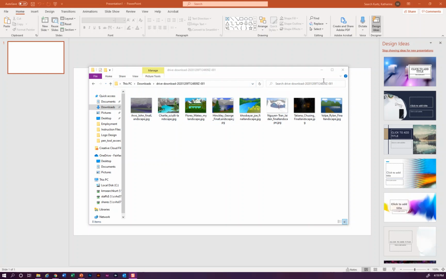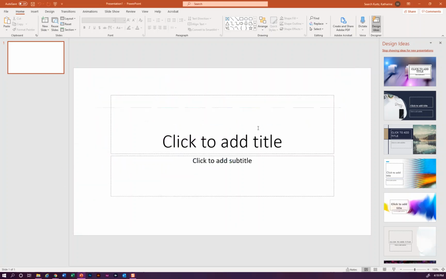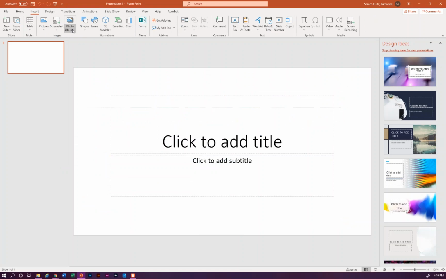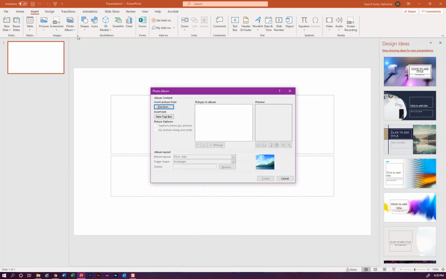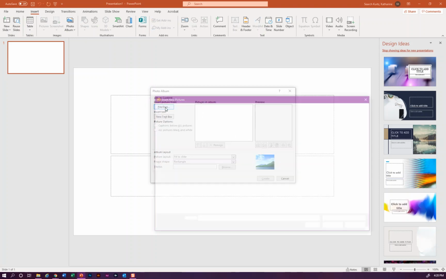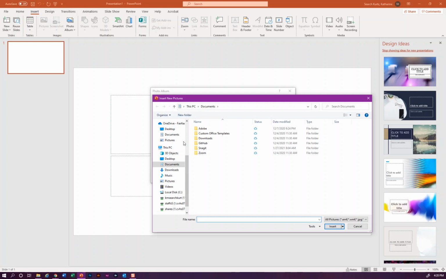this would be one set of artwork, and I would have another set of artwork in another folder. The next thing that you would need to do is open up PowerPoint. Within PowerPoint, you would go to Insert, Photo Album, New Photo Album. This is going to let you go to that file folder that you just downloaded, created, etc. Then I'm going to go to File Disk, and this is going to allow me to find wherever I have those folders saved. So mine were in Downloads,